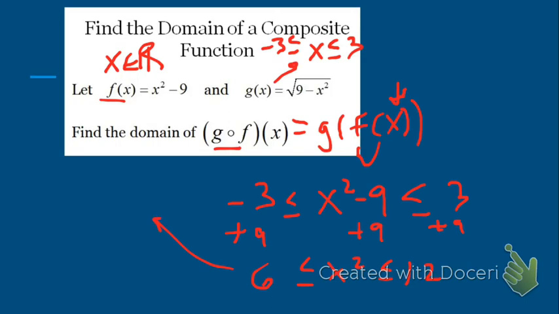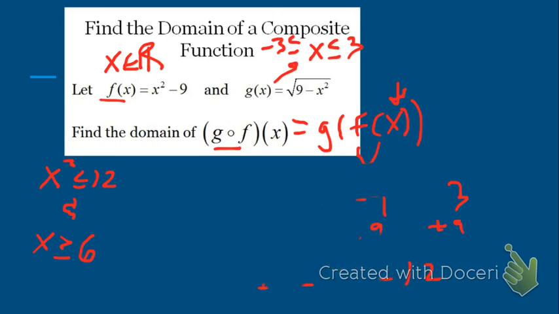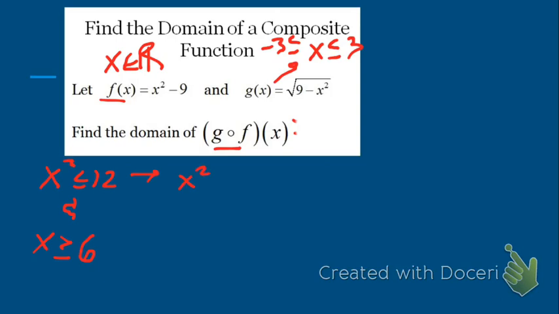Well, that right there is the same thing as saying x squared has to be less than 12 and x squared has to be greater than or equal to 6. So all those things need to be true. So I'm just going to erase here so I have more room. So what we're going to do now is solve both of these, by subtracting 12 on both sides and then factoring,